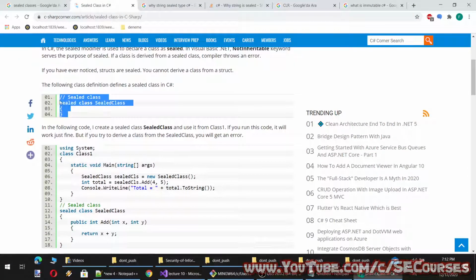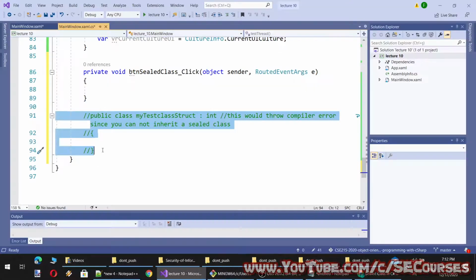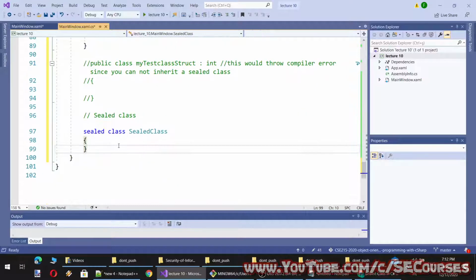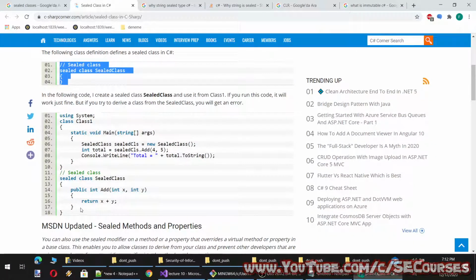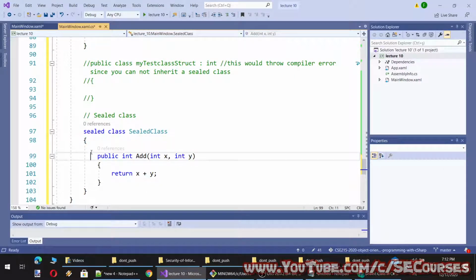So we have a sealed class like this. Okay, and then inside it we have a method like this. Now this class cannot be inherited by any other class.